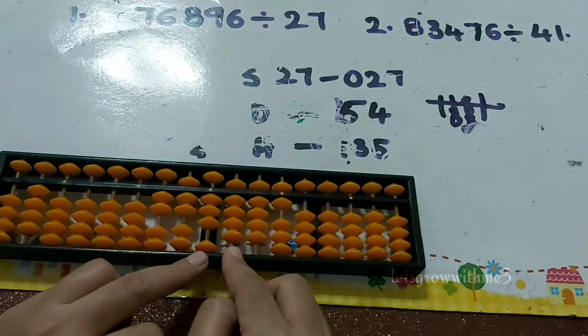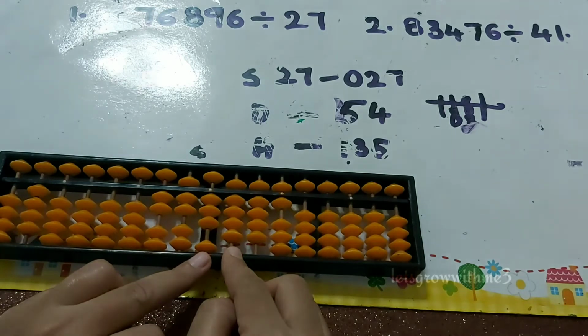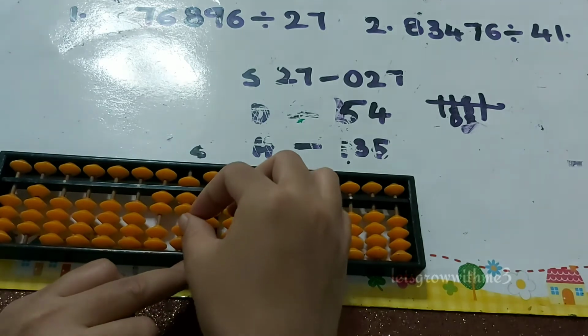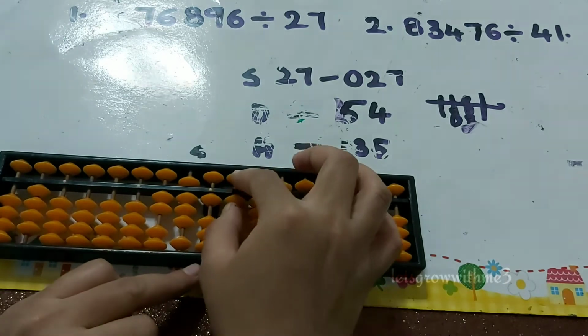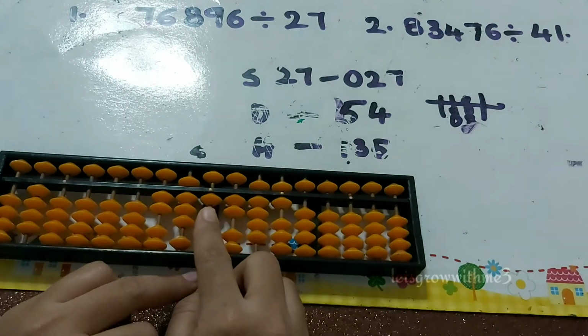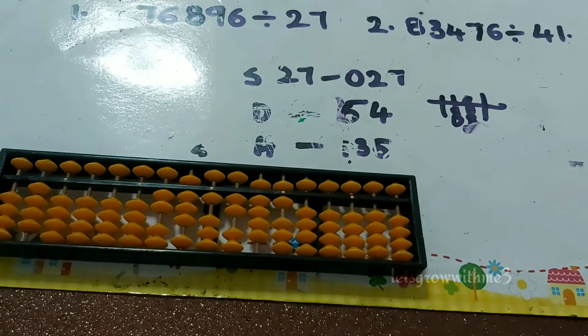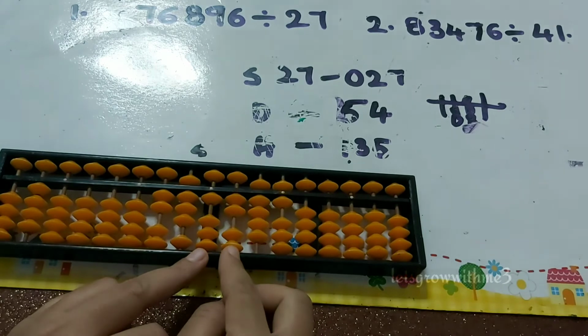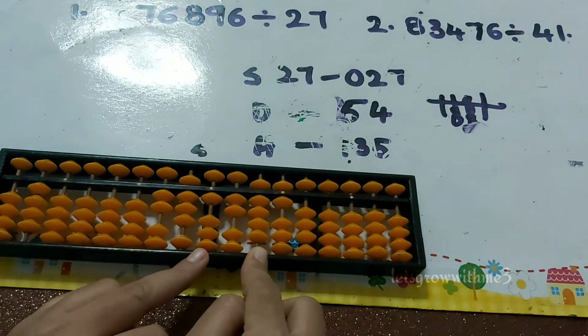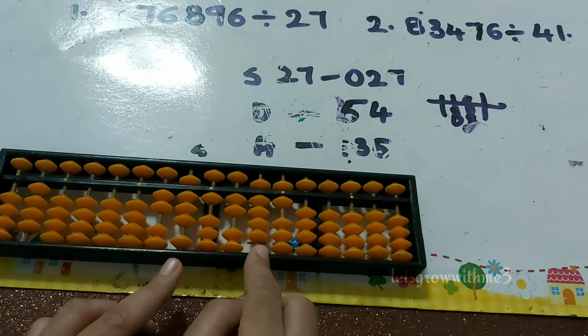I think we can still divide, that is 1. We can't go for 2 because 2 is more. So I'll go for 1. Again I will remove 27 over here. Now the remainder is 12, so I can't divide further. I must consider a value from my dividend, which gives 129.